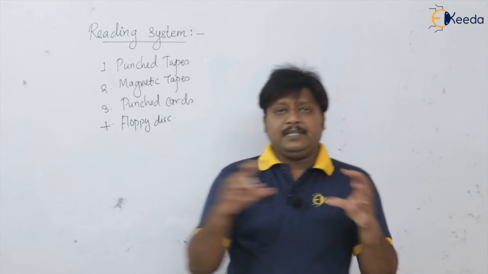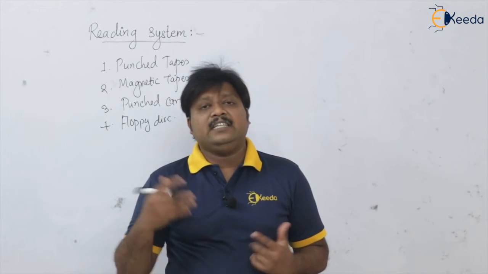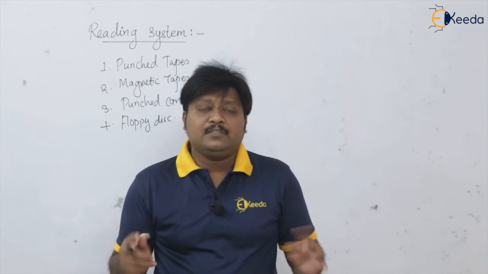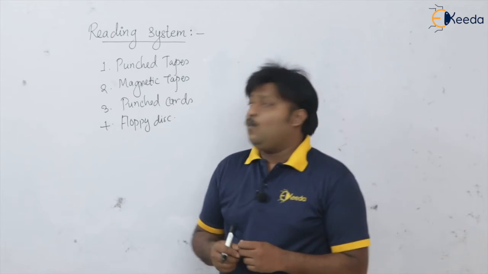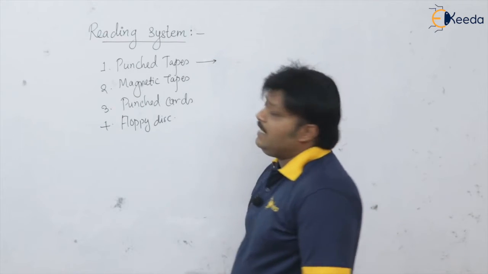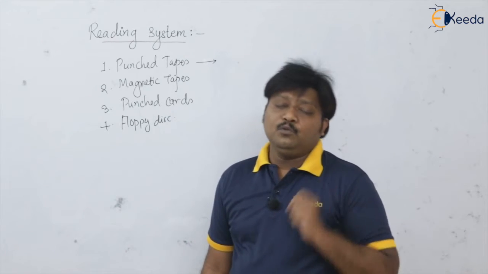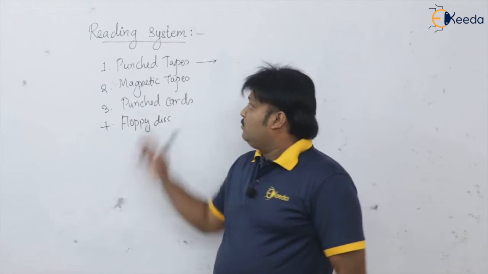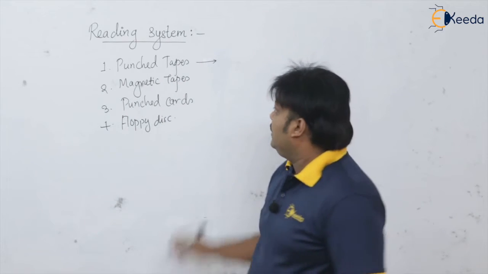So it is the paper tape having punched holes. If the punched hole is there, then it is a 1. If the hole is absent, it is a 0. So it is a binary thing, 0 or 1. It is the most convenient and cheap methodology to give the input to the machine tool. So this is punch tape preparation. It is quite convenient and cheap.